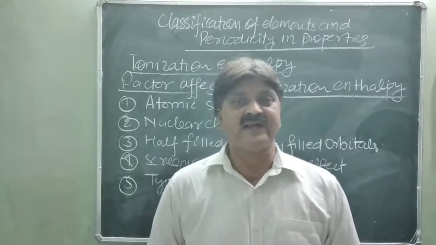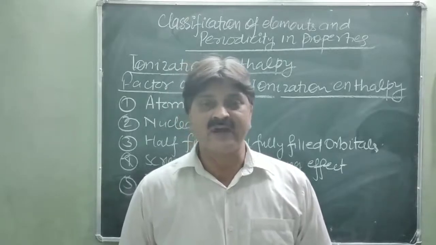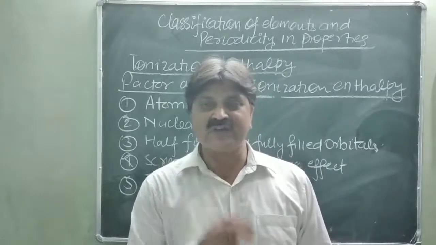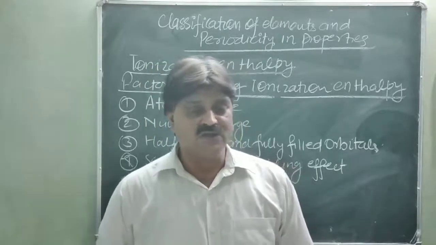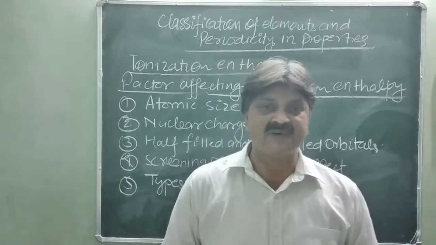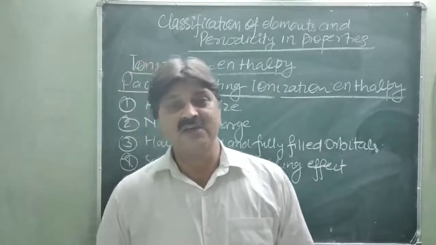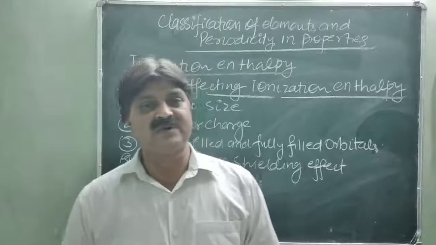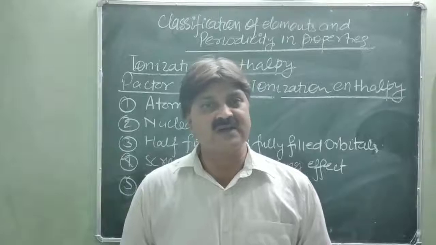So, which factors affect the ionisation enthalpy? Its variations we have also discussed. Ionisation enthalpy increases from left to right across the period because the size of the atom decreases. So, the force of attraction between the electron and nucleus increases, and more energy is required to pull the electron from the valence shell. Whereas from top to bottom, as the size of the atom increases, the distance between the nucleus and valence electron increases and the force of attraction decreases. So, less energy is required to pull the electron from the valence shell. So, it is clear that going from top to bottom within the group, ionisation enthalpy decreases.